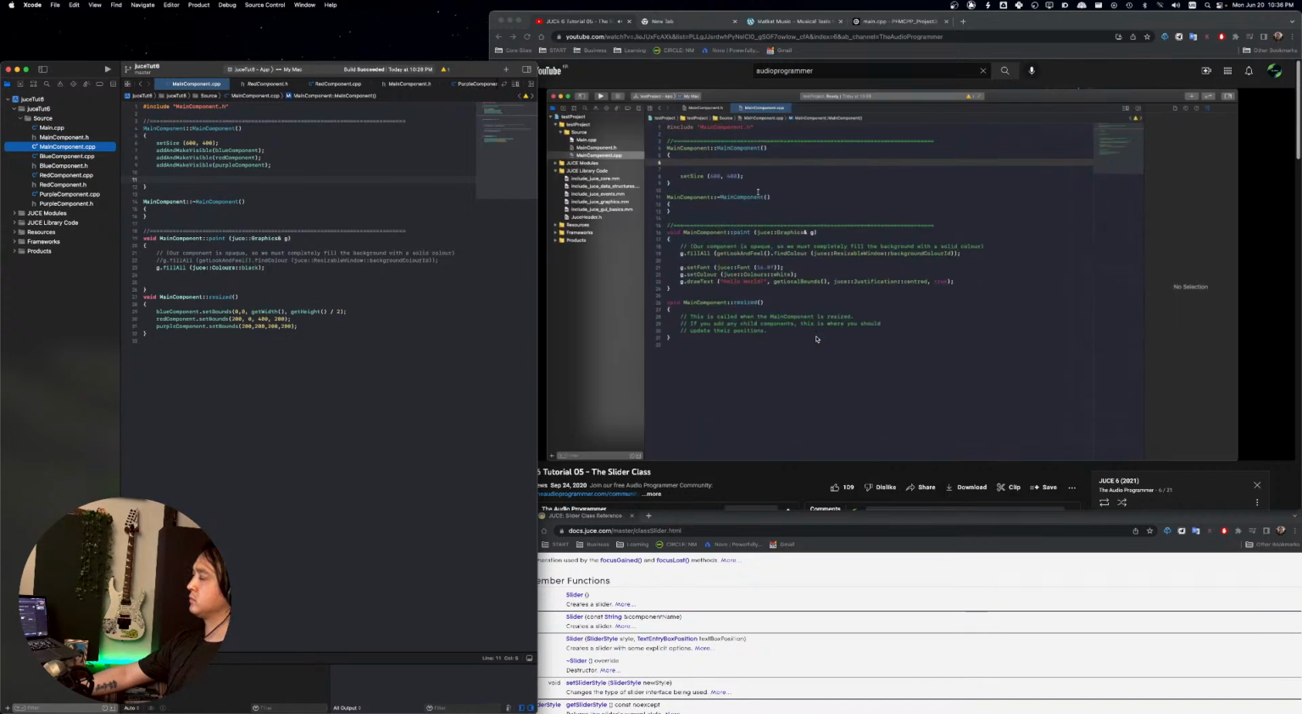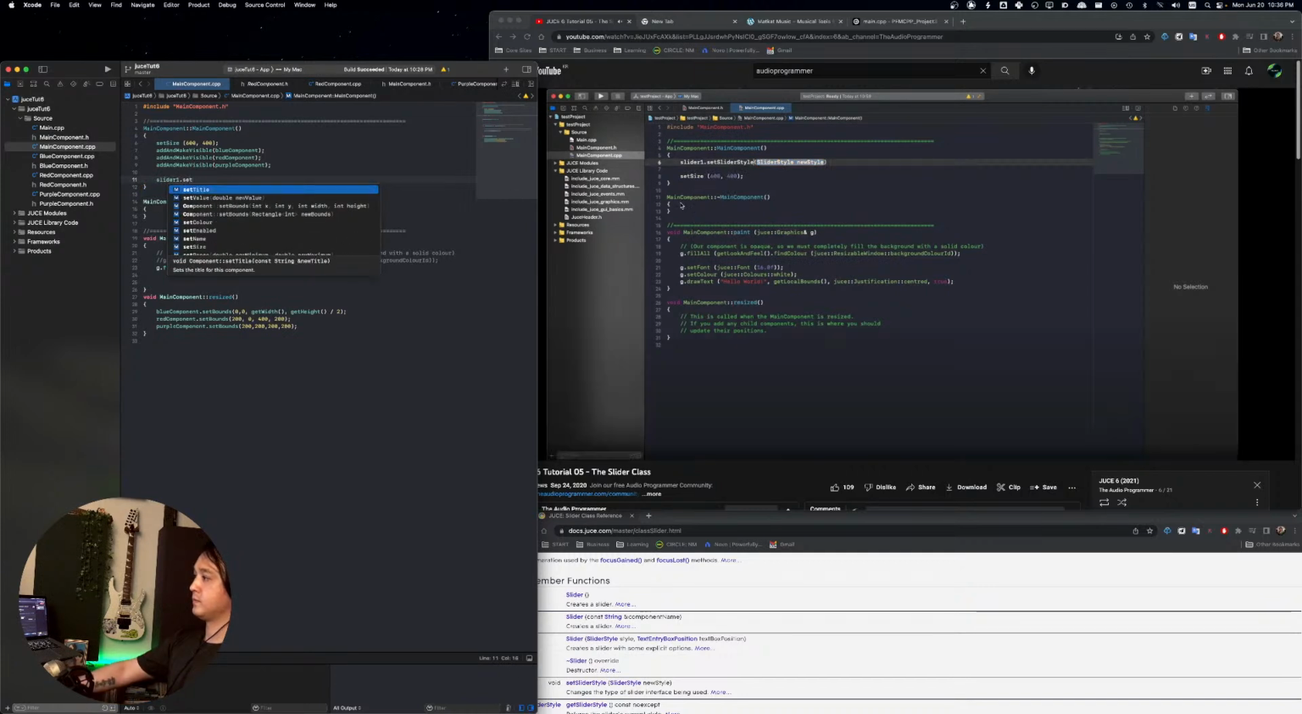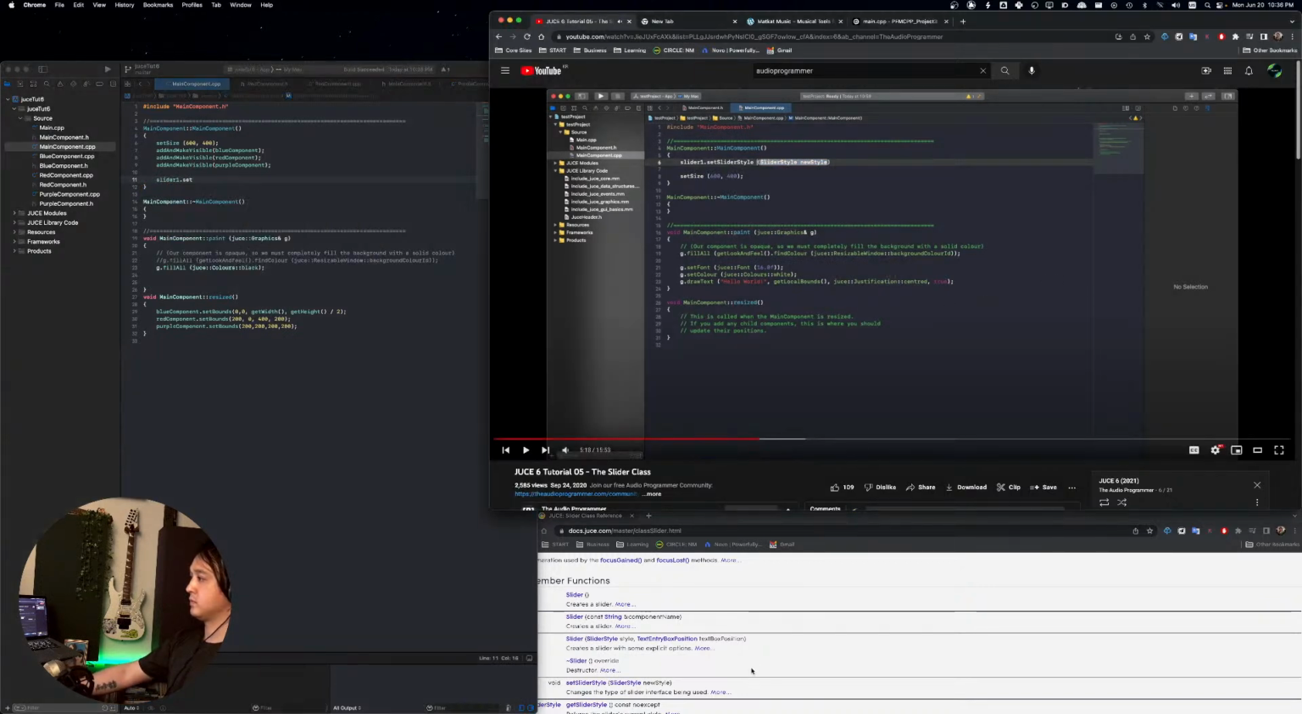The first one, as I was saying before, is setting the slider style. So we've got slider 1, and then we can call set slider style. We see that this takes a slider style object. So many times